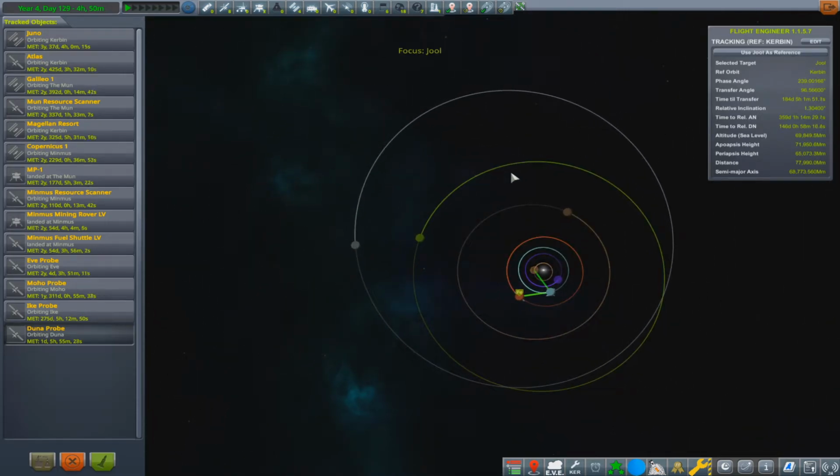Jool. And 184 days to transfer. Transfer angle 96.56, which is... Yep, that's what's on this page, the Interactive Illustrated Interplanetary Guide and Calculator for KSP. Very good. Okay, so what we have to do...